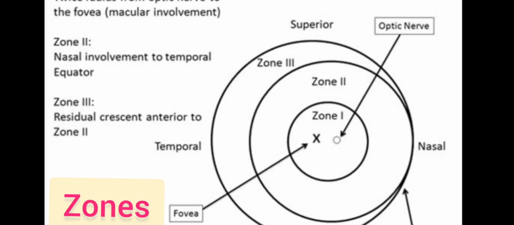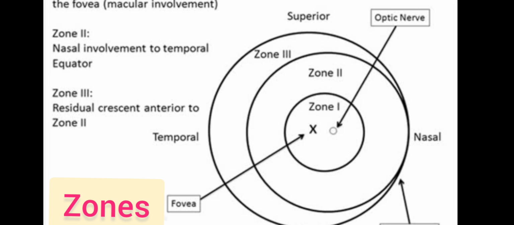Next, moving on to the zones. ROP is represented in zones, as you all know. So what is zone 1, what is zone 2 and what is zone 3? What is zone 1? It is nothing but a circular area, as you can see here. The center of the circle is the optic disc. And what is the radius? It is double the distance between the optic disc and the macula. Clear? So this is the radius of zone 1 and from this you draw a circle that forms zone 1.